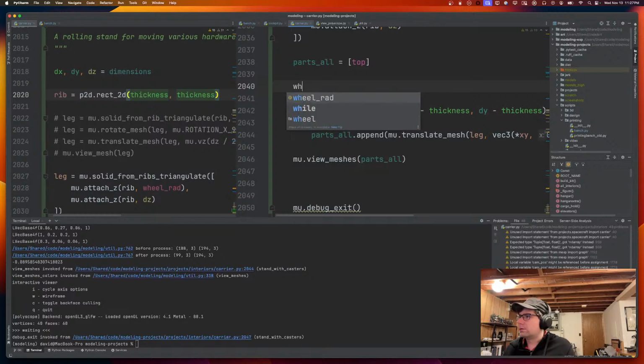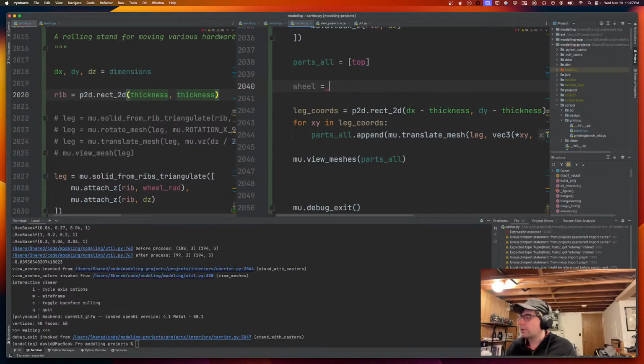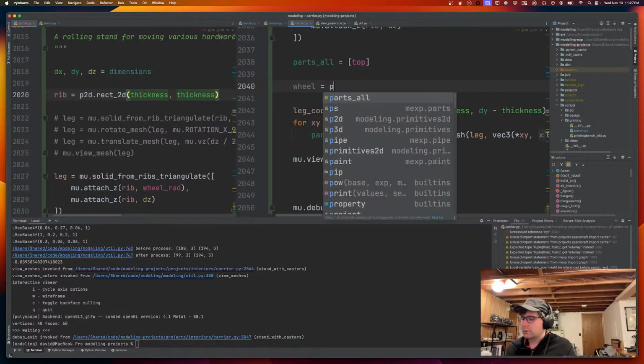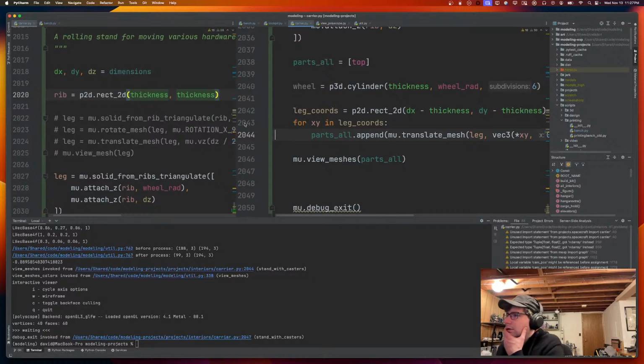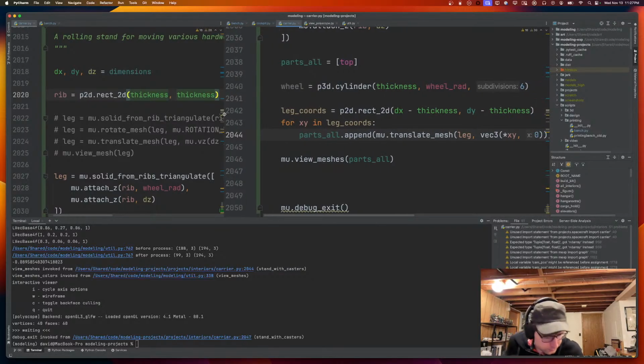So our wheel is going to be something like a cylinder of thickness, wheel radius with like 6 subdivisions, and then